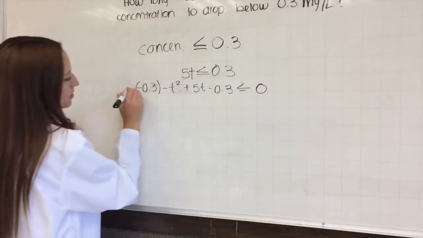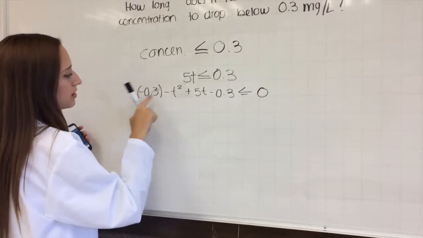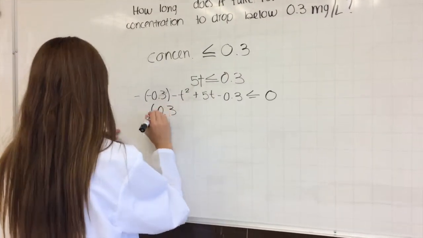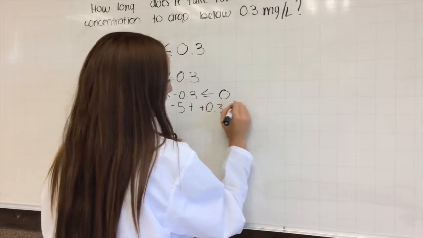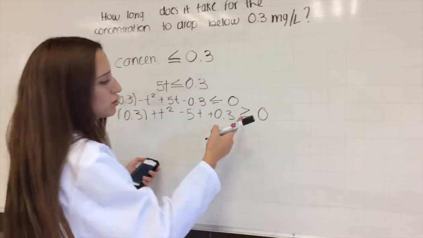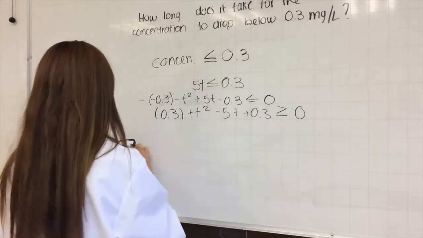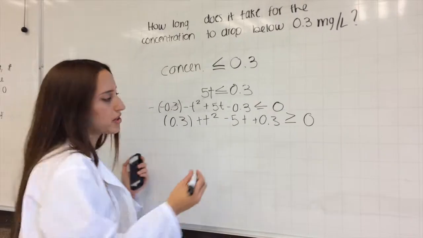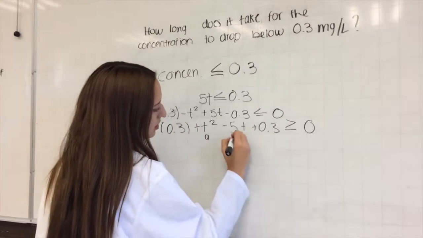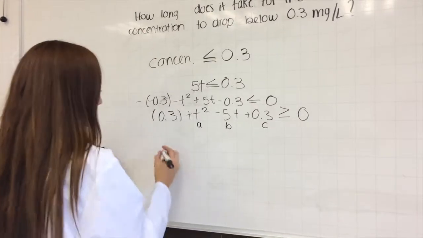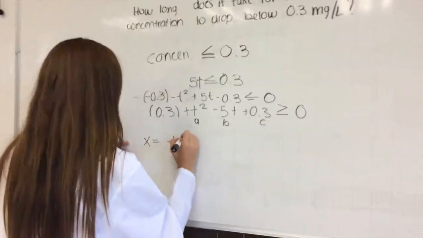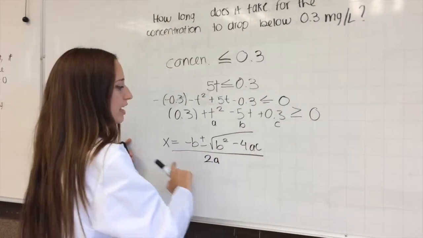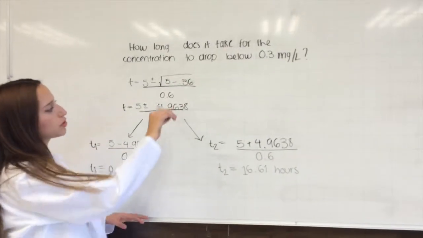Then we're going to multiply it by a minus sign to make t squared positive. And we're going to change the sign to greater than or equal to 0. So after this process, we're going to use the general formula, where this is A, B, and C. So the general formula is this one. We're going to substitute these 3 values in the formula. So after we solve the operation, we know